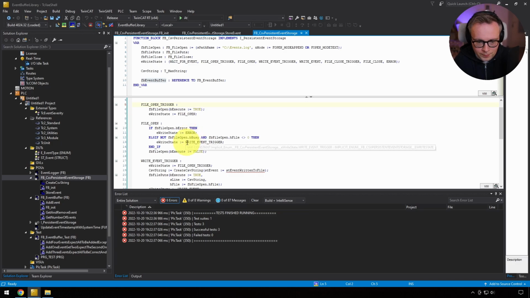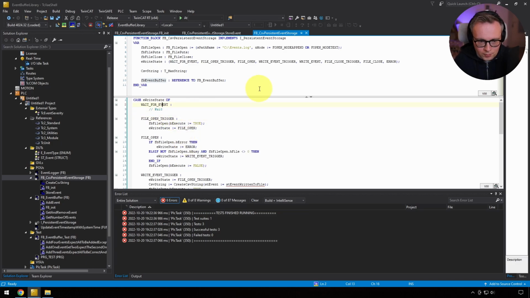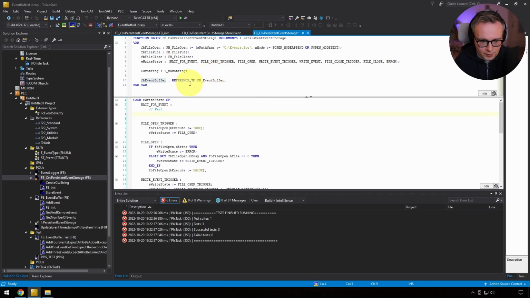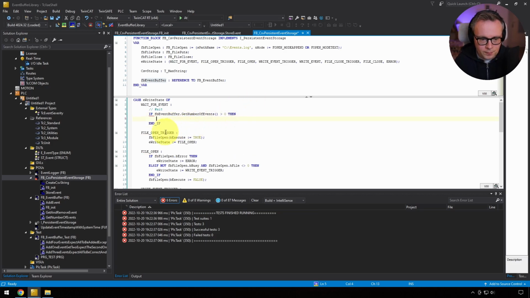Okay. So that means we wait. Yes, we wait, but we wait for if our FB event buffer get number of events is bigger than 0. Then we go to file open trigger. Right? So we remember, this is executed in every PLC cycle.